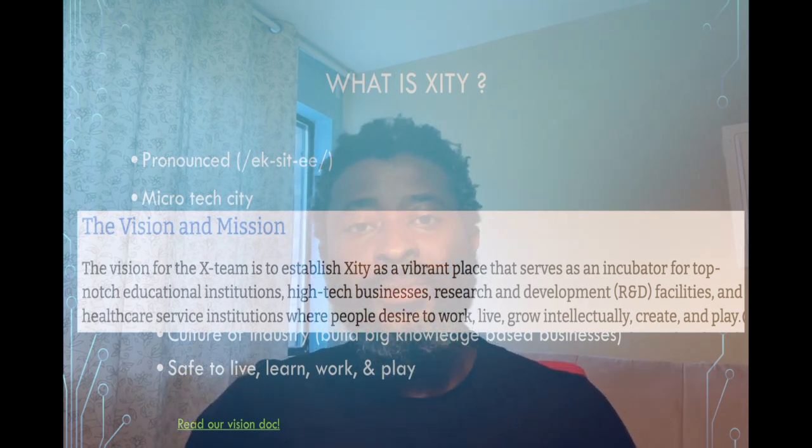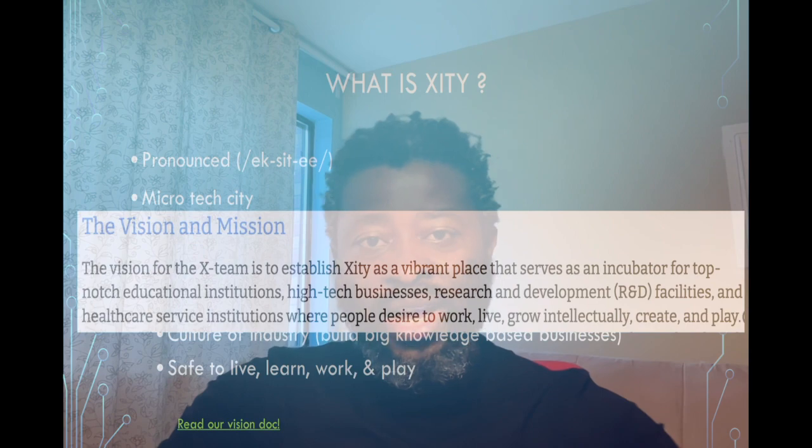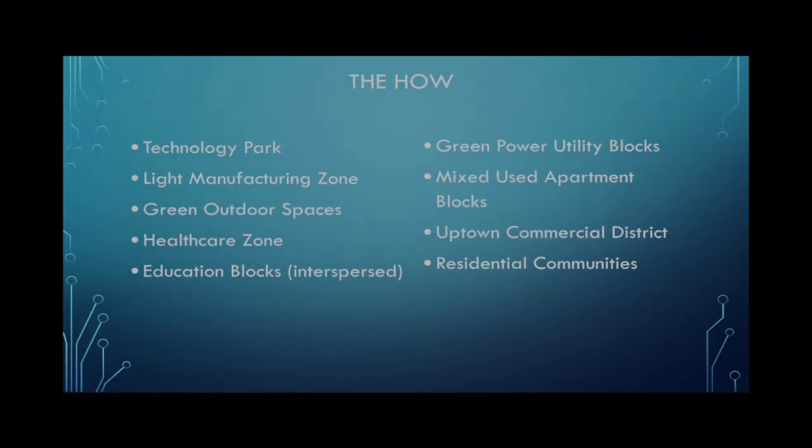Having told you a little bit about the big vision for Xity, the next question that comes to mind is, how are we going to achieve this? We've done a good amount of work in the background to think about what we need to build within Xity, and what we need to create to ensure that we achieve this vision. One of the things we thought about is that if we are going to be the center for innovation, we better have a technology park. The purpose of the technology park will be to be the home for young people who are innovative and skilled, to build the next generation of companies. We are talking about technology companies that will solve real problems for Liberia and for Africa.